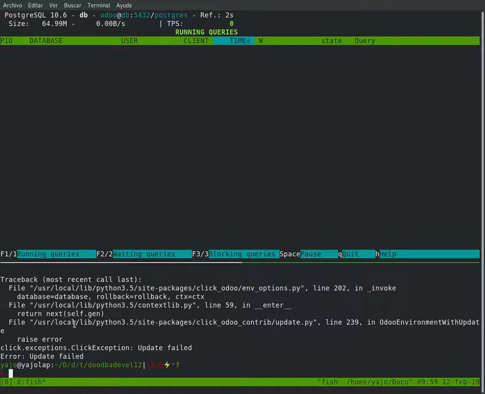So the user is not locked, and then it will just let you know it failed because of this interlock, and you can start the process again until it goes in, if it works. And when it is finished, then you can restart the production instance of Odoo. So the users have this new code base with all the updated